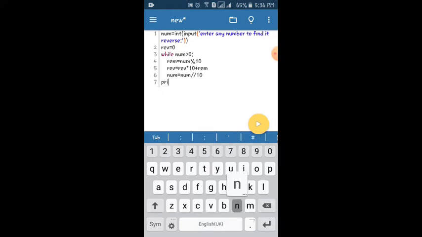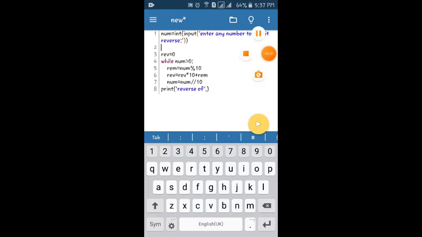So print reverse of, here we want to print the input entered by the user. But here the value of num gets changed. See, in this loop num gets changed, so we have to store num in another variable.